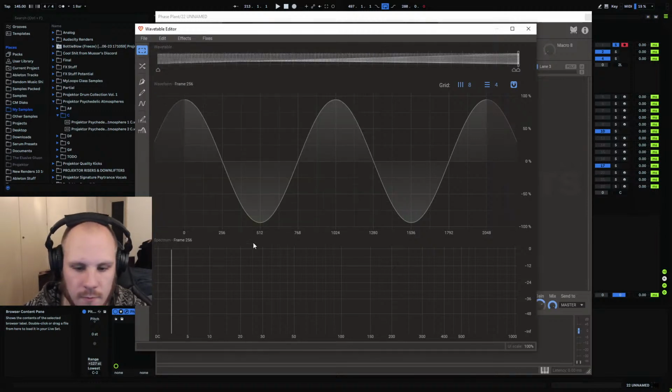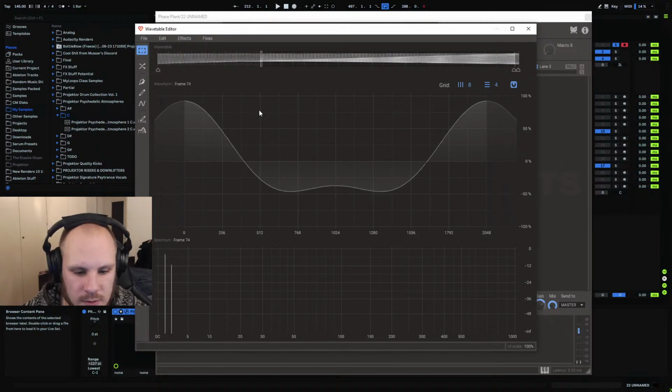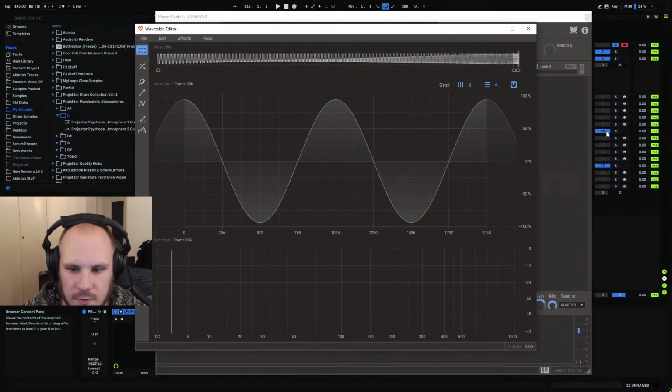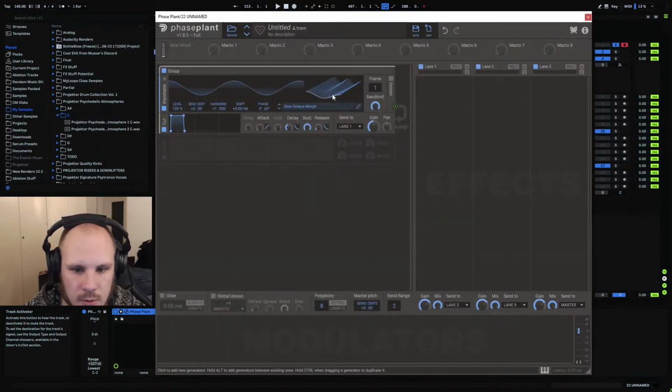Sine octave morph. So this is easy. Basically, you're just morphing between two different octaves of a sine wave. But this is cool if you want to SSQ this. So the basics of SSQ is to,